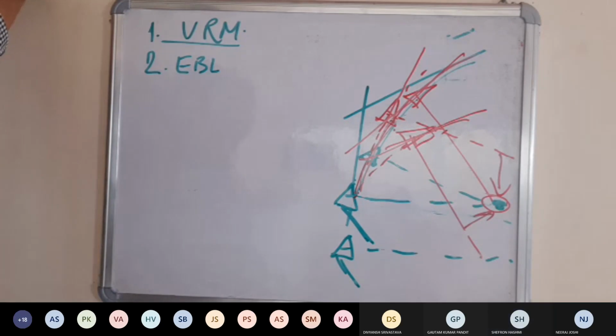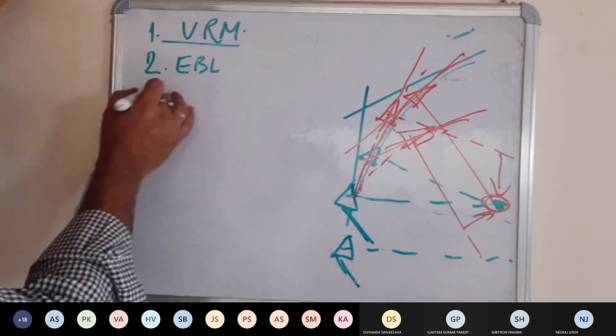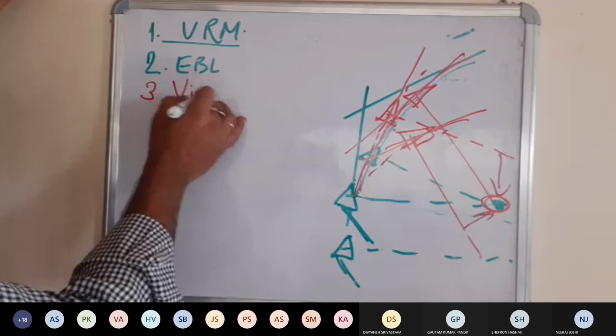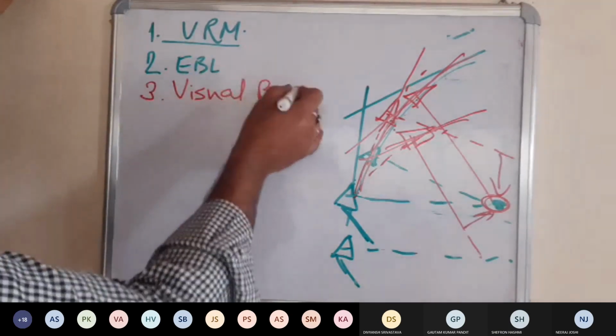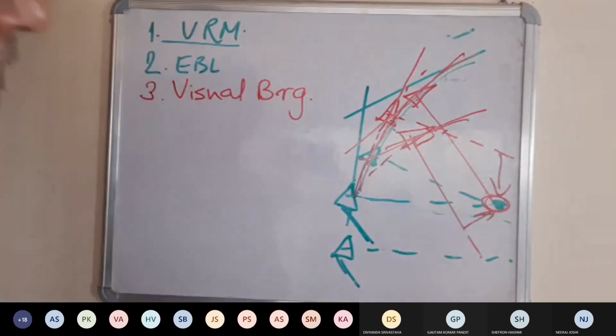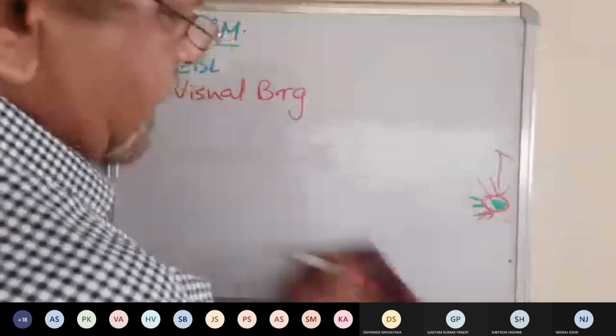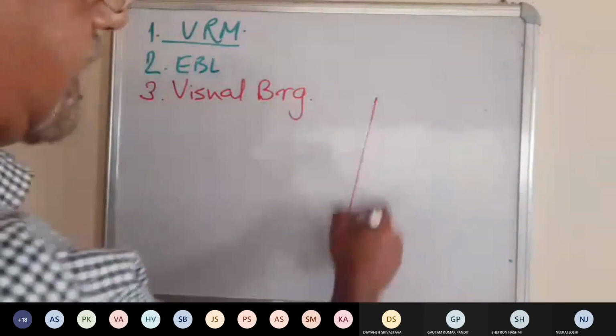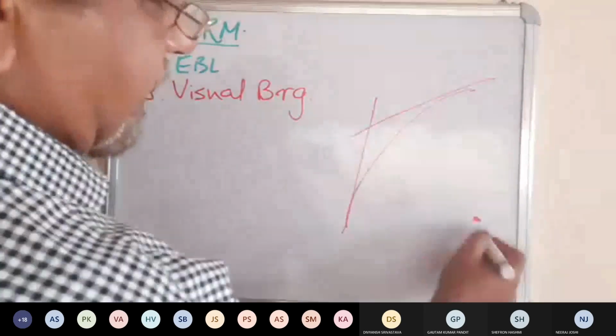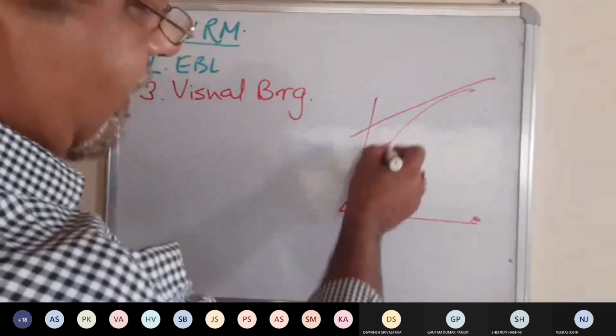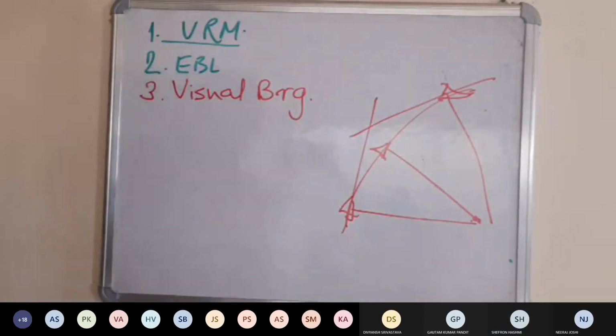Other thing is, एक्यूरेट होना। एक्यूरेट में क्या, अगर आप ये मेंटेन करते हो, एक से भी कर लोगे तो चीज वही होगी। यस सर। नंबर 3 इज विजुअल बेयरिंग। विजुअल बेयरिंग में चीज वही है, VRM आप नहीं यूज कर रहे, EBL नहीं यूज कर रहे, you are taking a visual bearing of the same thing, the object will remain same, it should be again 90 degree all the time। विजुअल बेयरिंग ले रहे हैं, रडार बेयरिंग नहीं ले रहे हैं।